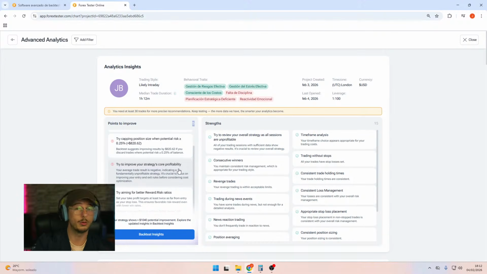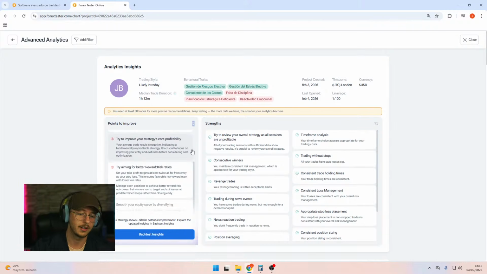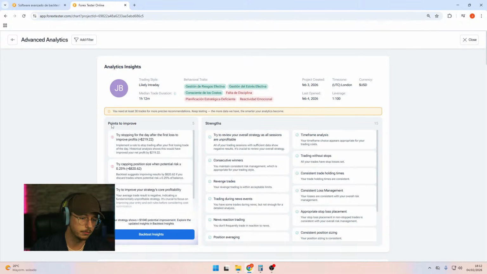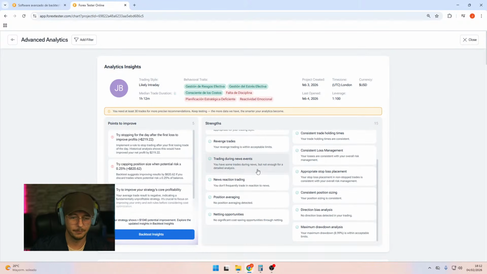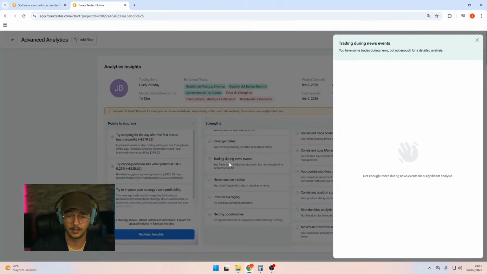But in this case, we don't want to change anything of the strategy because I know the strategy works, but only if it's got the correct parameters. So basically what we can do, if we don't have too many points to improve, we can come to the strengths because sometimes we can find some hidden gems here. And basically we can check the trading news because sometimes we trade on some events and